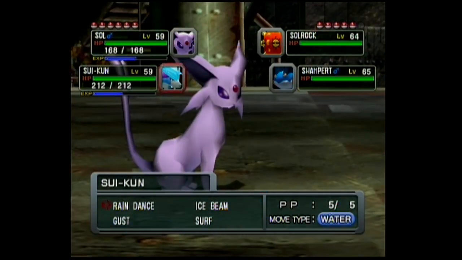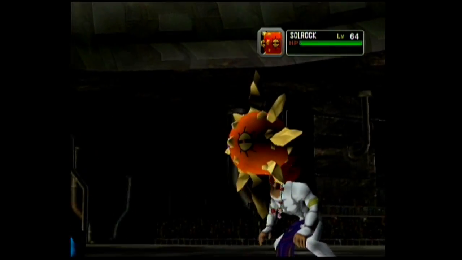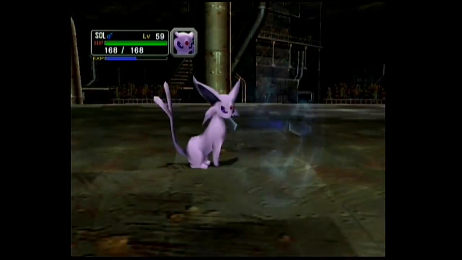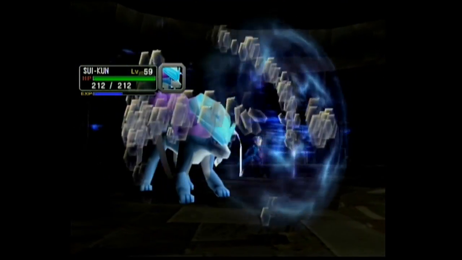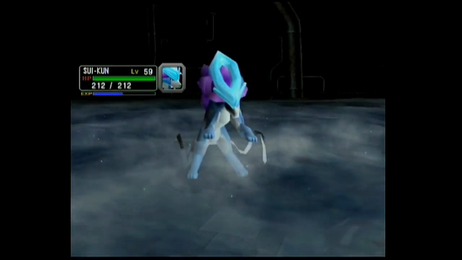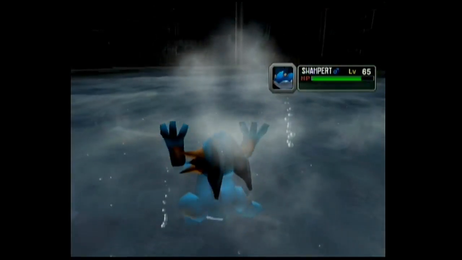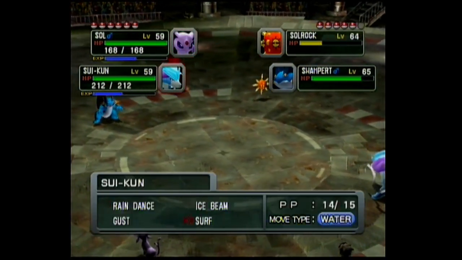Something tells me that if I go for Rain Dance, the Solrock is going to use Sunny Day, so let's... What? I've never seen him do that before. Earthquake has perfect accuracy anyway, so what are you doing? Are you trying to counter Double Team or something? Anyway... You obviously didn't get a chance to use any Sunny Day because, well, you used X Accuracies. I'm now a little bit thrown off. Let's,